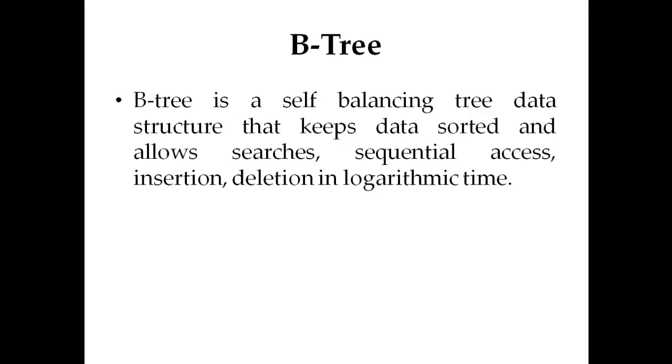To understand the use of B tree, we must think about a huge amount of data that cannot fit into the main memory. So when the number of records is larger, the data is read from the disk in the form of blocks. The data access time is very high compared to the main memory access time, and the main idea of using B tree is to reduce the number of disk accesses.